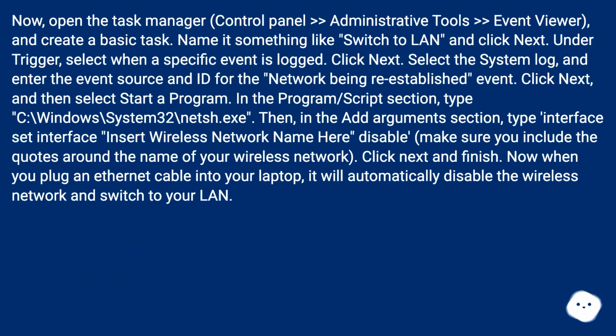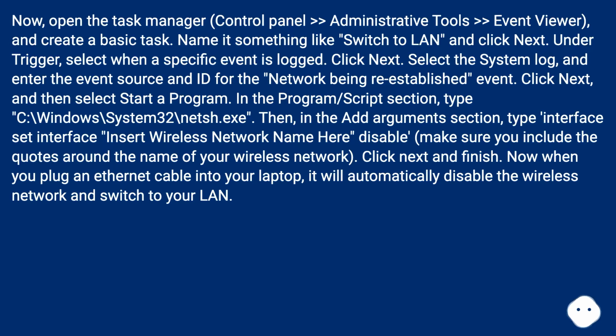Now, open the Task Scheduler via Control Panel, Administrative Tools, and create a basic task. Name it something like Switch to LAN and click Next. Under Trigger, select When a specific event is logged. Click Next. Select the System log and enter the event source and ID for the network being re-established event. Click Next and then select Start a program. In the Program/script section, type